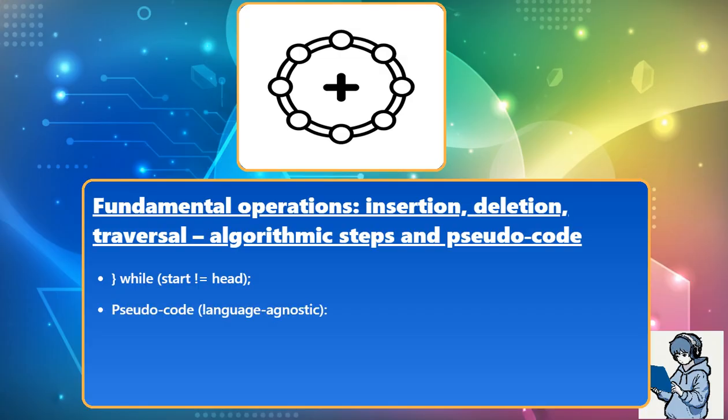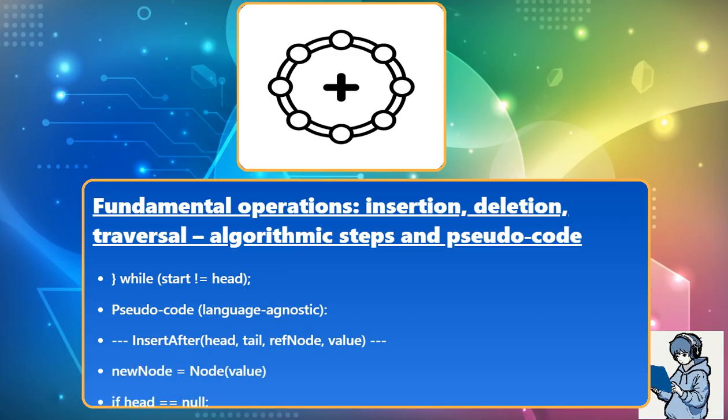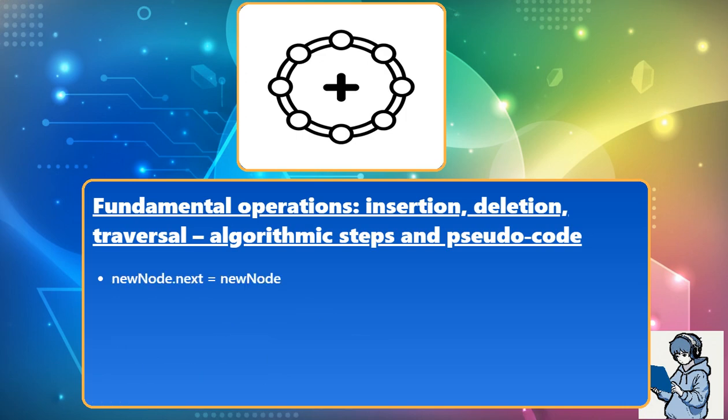Pseudocode, language agnostic. InsertAfter(head, tail, ref_node, value). new_node equals Node(value). If head equals null: new_node.next equals new_node, head equals new_node, tail equals new_node. Else: new_node.next equals ref_node.next. ref_node.next equals new_node. If ref_node equals tail: